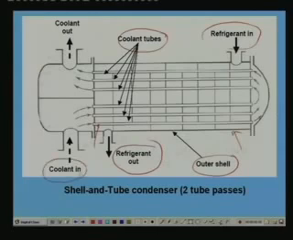In this kind of an arrangement, the coolant enters at the bottom, flows through all these tubes. Okay, since it is 2 tube pass, the coolant flows through the condenser twice. That means first it flows like this, and then from the end plate again it flows through the condenser. Okay, so that means it enters like this, and again it flows like this. So it crosses the refrigerant twice. So you call this as 2 tube pass type